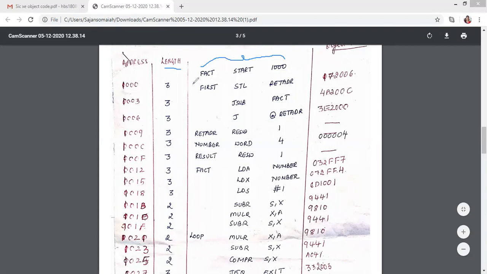As I said, you have to remember the 4 formats, and if any instruction matches that format, you will take the length from there itself. Format 1 is just an instruction without an operand, so it is 1 byte. An instruction followed by 2 registers is 2 bytes. A normal instruction with operands is 3 bytes. If there is a plus, it's 4 bytes. As per this, we will now decide the length. Start is a directive, not considered an instruction. Start and end are not considered as instructions, and they don't have lengths.